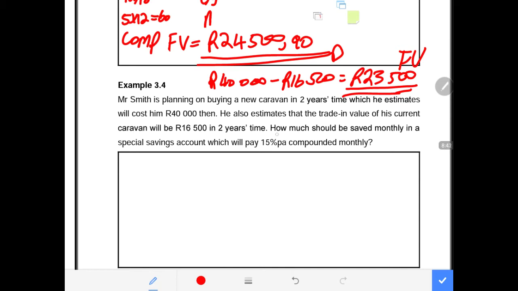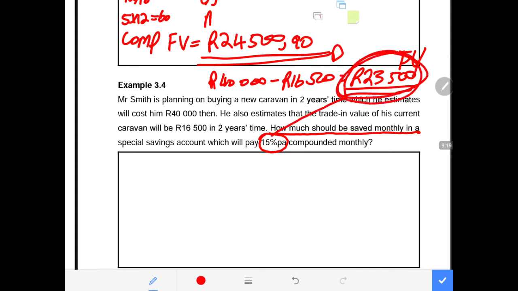Then we are asked to calculate how much should be saved monthly in a special saving account, which will pay 15% interest per annum compounded monthly. In other words, we are calculating the monthly payments. How much will be the monthly payments that will be made every month for the next 2 years, earning interest at 15% per annum and compounded monthly, in order for him to be able to raise this 23,500 that he needs in 2 years,